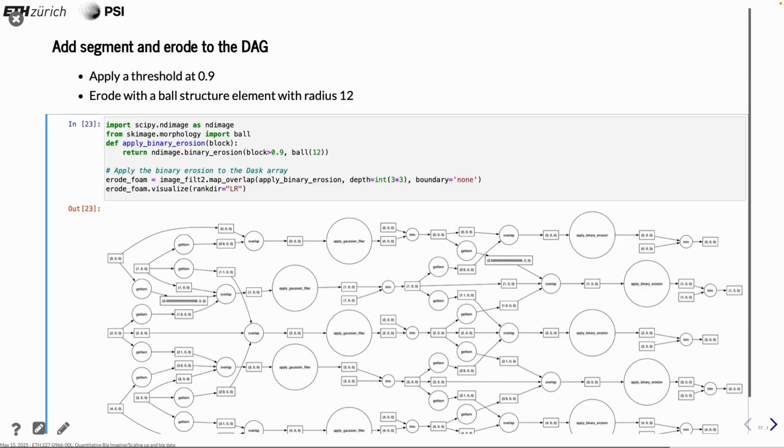Yeah, and then we make it more complicated. We even add some binary erosion and thresholding, and you can see that this network is growing a lot and looking very complicated. But you can see that in some places it does a lot of crosstalk between the boundaries,